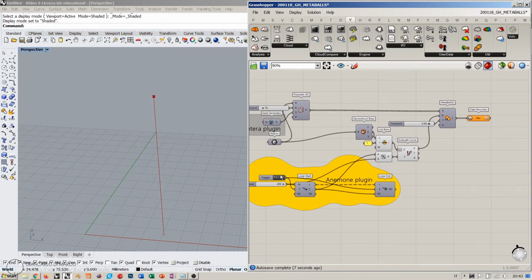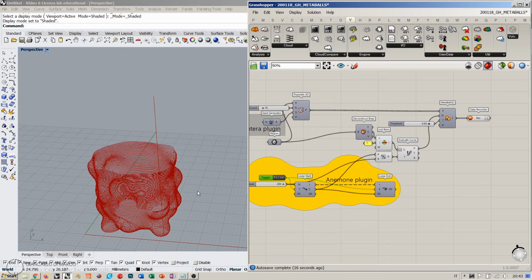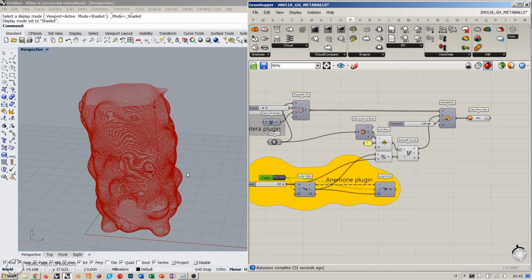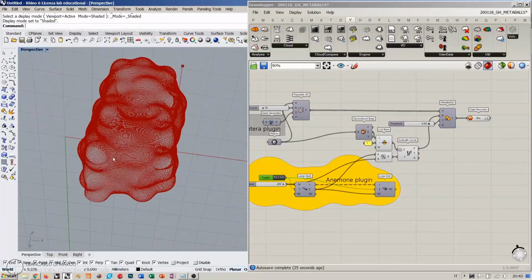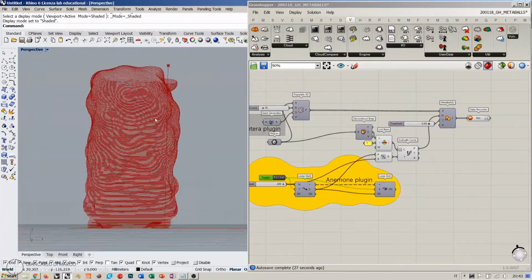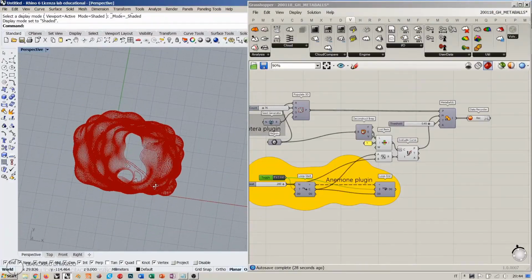This is the last try. Let's see if we succeed. Well, no, but it's okay. Let's work with this. Yeah, we have some branching here at the bottom, but it looks like a more interesting